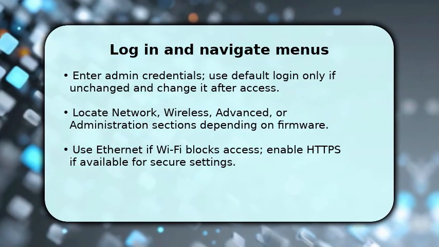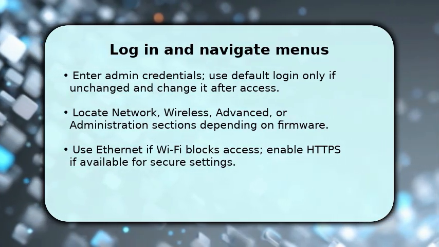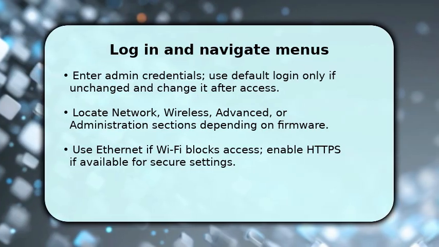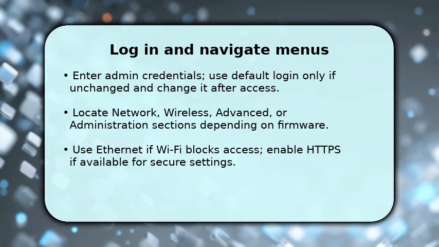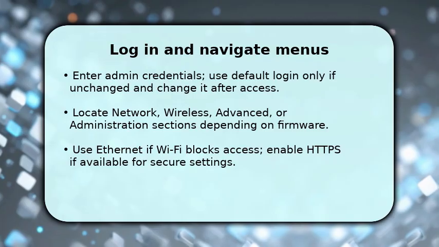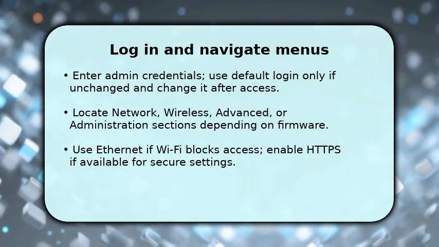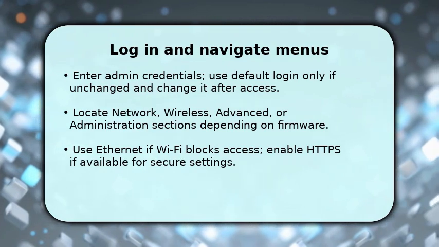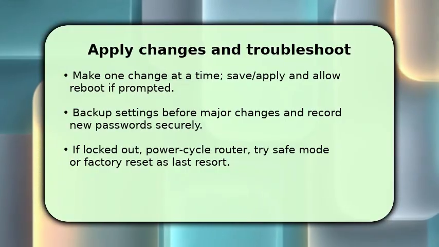After login, look for clear labels like Network, Wireless, Advanced, or Administration. Different firmwares place settings in different spots, so scan the menu bar and side panels. If pages load slowly or options are missing, switch to a wired Ethernet connection to avoid captive portal or wireless isolation issues. Also, enable HTTPS access if the router offers it to protect your password, and finish by applying changes